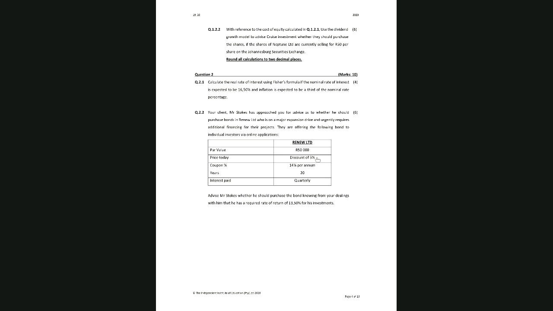So the discount is to its par value. In other words, it's selling at 5% less than its face value. The coupon percentage is how much interest this bond pays per annum, which is 14%. And remember that the coupon percentage is always paid on the face value of the bond, the amount printed permanently on the bond. That 14% is multiplied by that value. So in that case, it will be the 50,000, not the current market price of the bond.